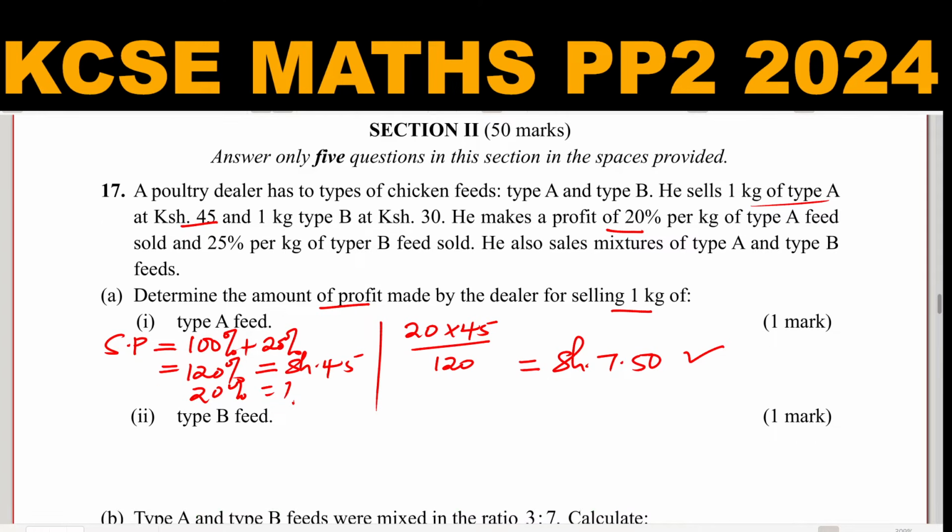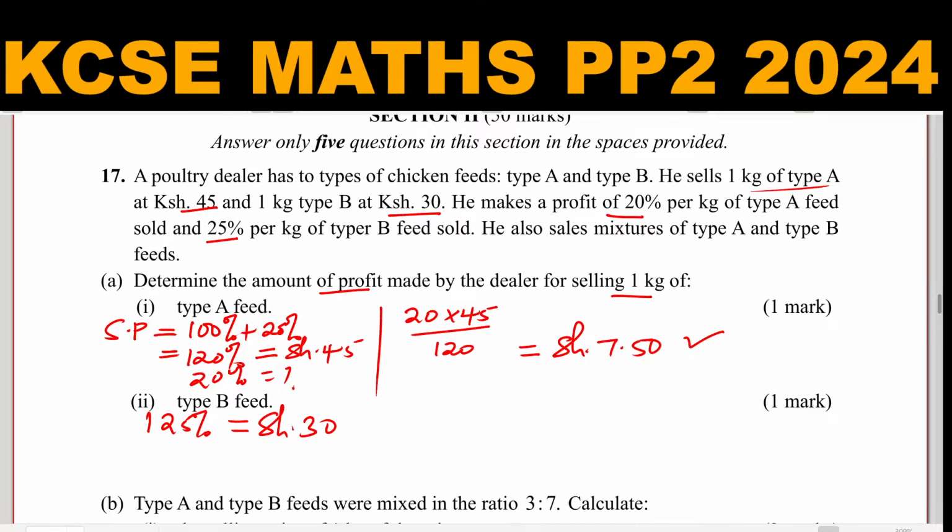Type B feed costs 30 shillings, and after selling it for 30 shillings, he made a profit of 25%. So 30 shillings represents the selling price, and the selling price is inclusive of the profit. So the selling price will be 100% plus 25%, which is 125%, and that is equivalent to